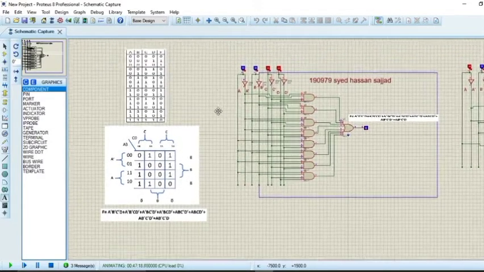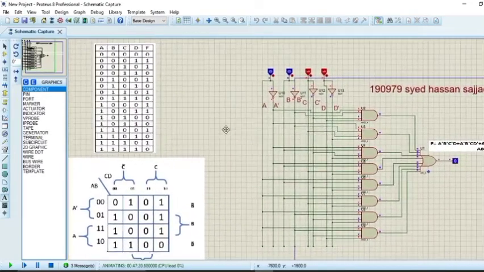So I have already started the simulation. You will see that when I insert 0, 0, 1, 1, then 0 appears at the output. Or take a simple example for 1: if I apply 1, 1, 1 and 0, you will see the 1 at the output. So let's make it run.